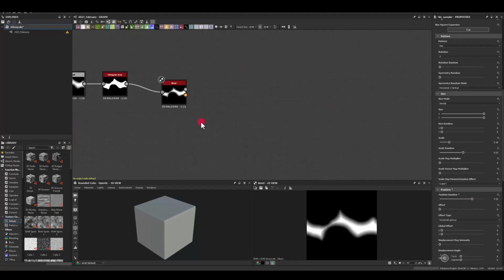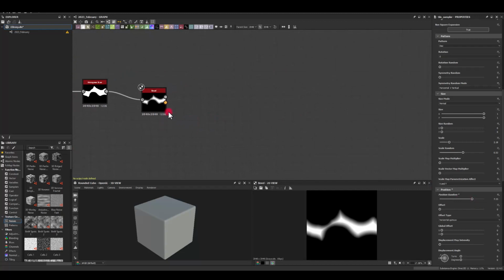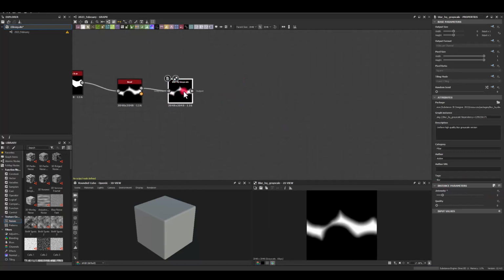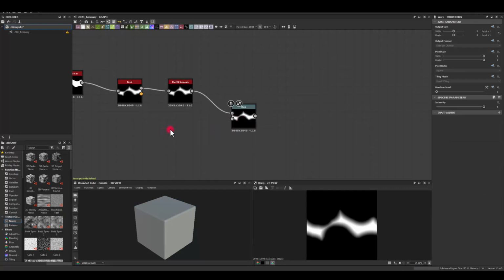Okay, maybe something like that. Okay, I'm gonna blur this, maybe with 2. And now I'm just gonna use warp. For the warp